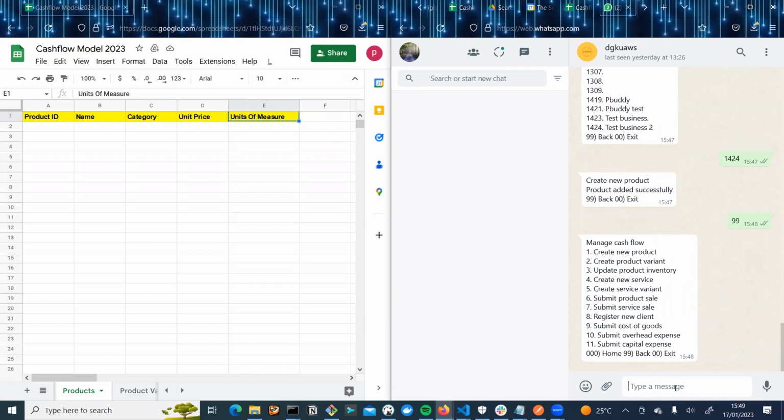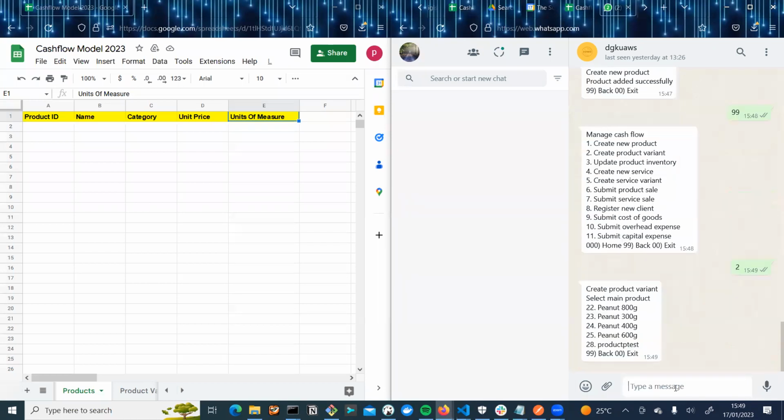And then we have something like creating product variant. Two. So for my case, it seems like I had already added a couple of products on my side. Yeah, I raised my hand, but you never saw it. So I had a question on